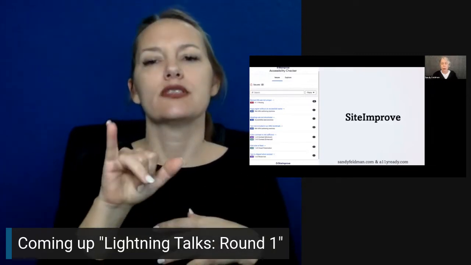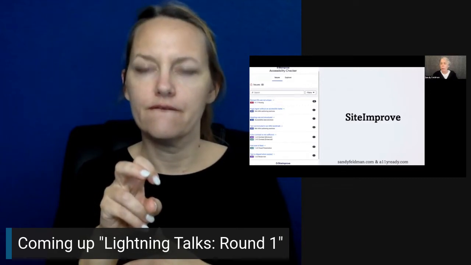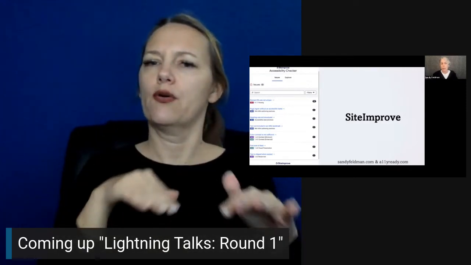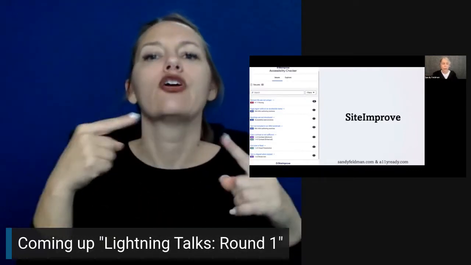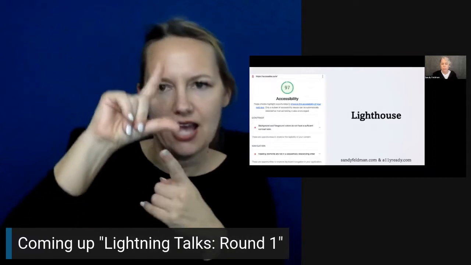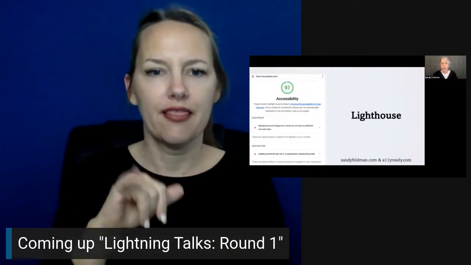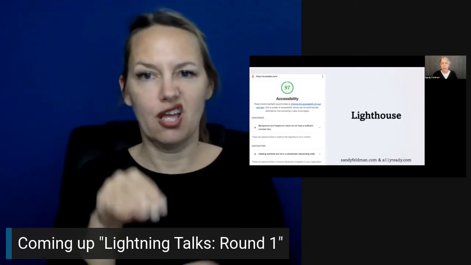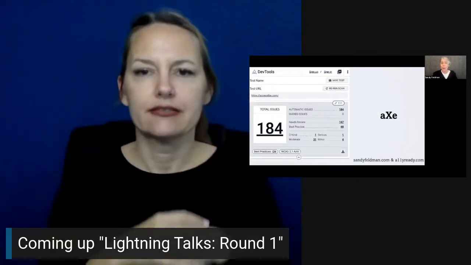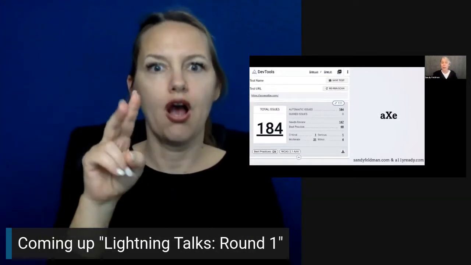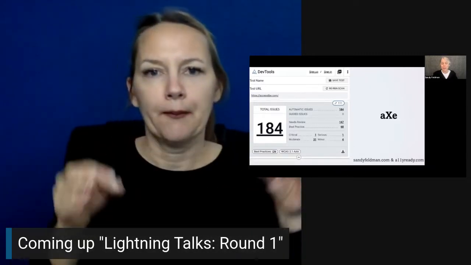Siteimprove caught duplicate element IDs, page regions without accessible names, headings are not structured, there's orphan content, and it found the contrast errors as well as font size errors. Lighthouse says the site is 97% accessible, but it did catch the problems with contrast and headings. Axe came up with 184 problematic elements, and it goes into detail in the app.